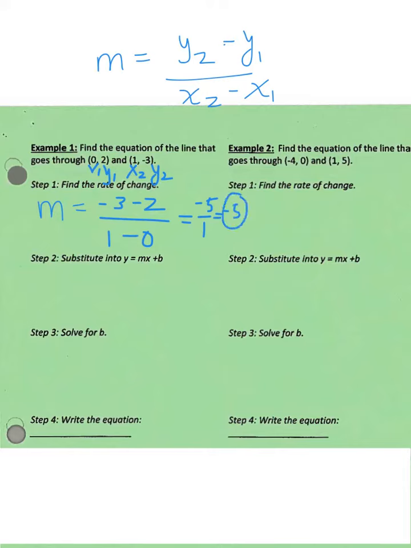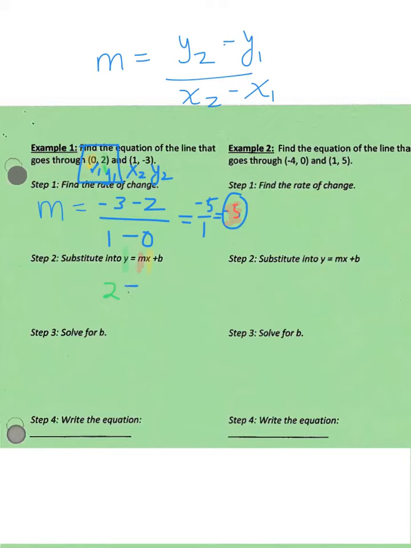What I'm going to then do is take negative 5, which is my slope, and plug it into my equation for m. And then I'm going to take my point, one of them. I always like to pick the first one. I'm going to take my point and plug 0 in for x, and 2, which is the y coordinate, in for y, which gives me the equation 2